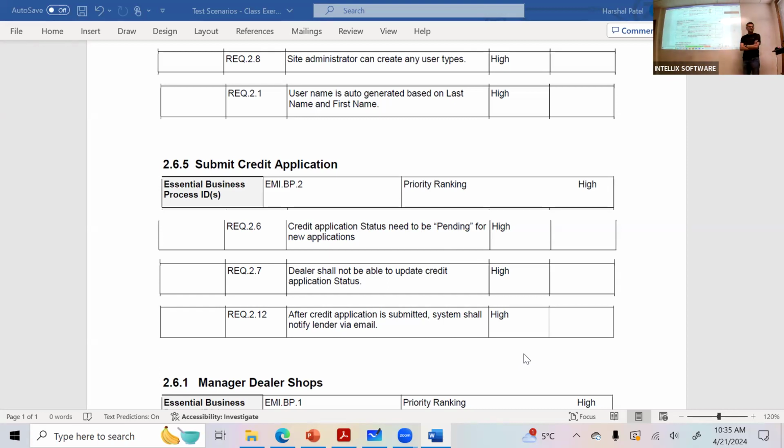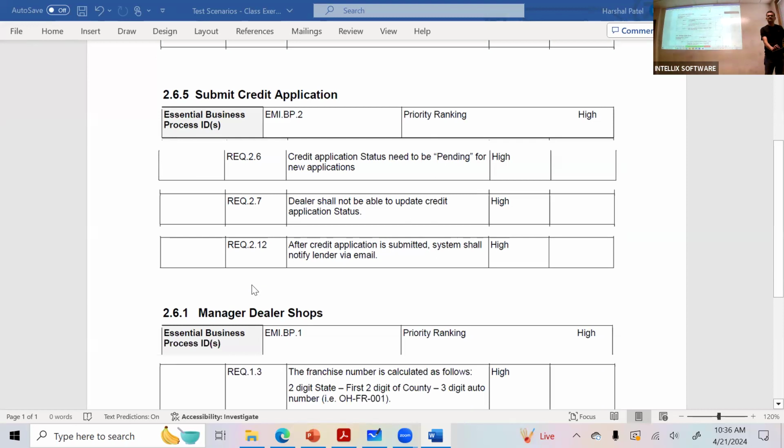Do you have a scenario written down for 2.12? If you can explain to the class, what's your understanding of 2.12? After the credit application is submitted, the system shall notify the lender via email.